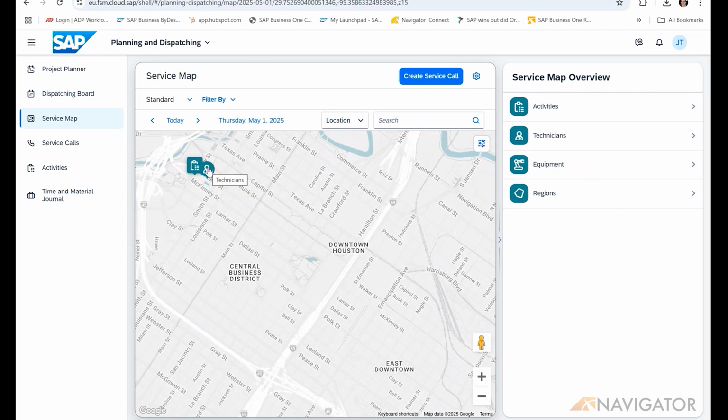But I can kind of drill in and see who's there. And I can create a service call from here. I can do filtering on locations, etc. So a lot of functionality in there. It's not really rendering as well as it could through this demo system, but